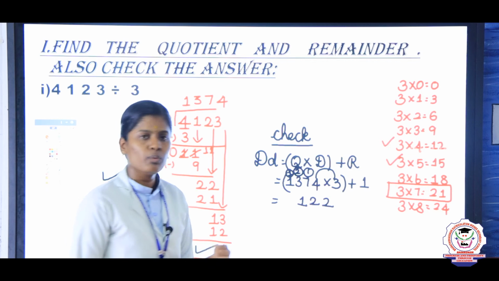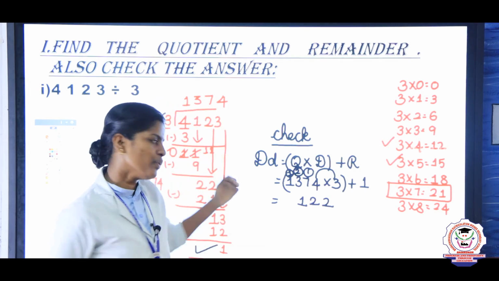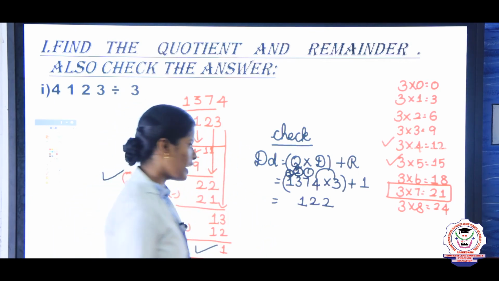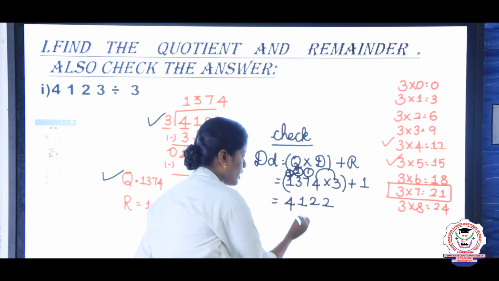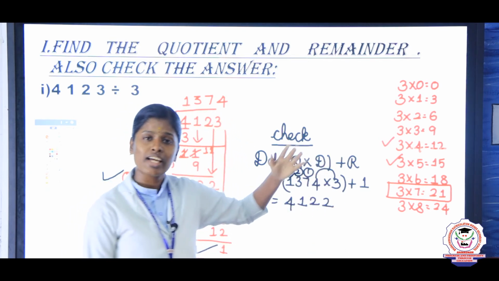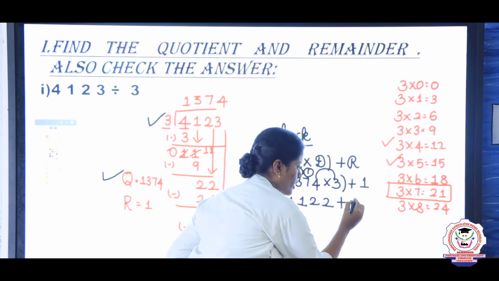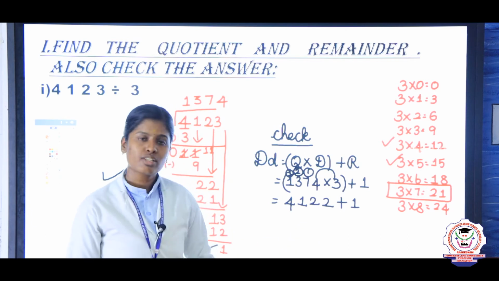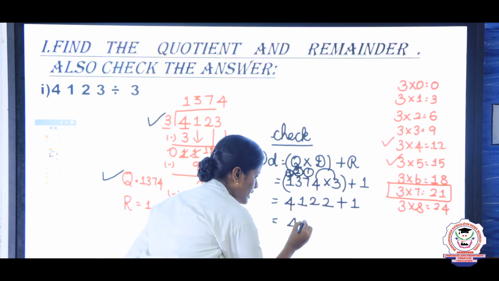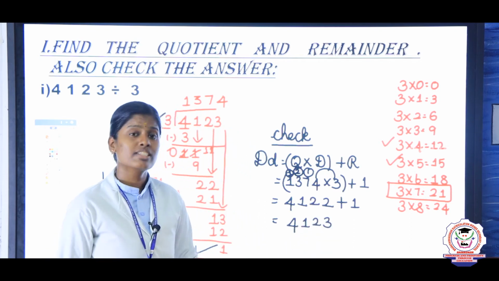Next you take 3 1s are. So what is the answer, Nasreen? 3 1s are? Very good dear. 3 1s are 3. So keep 3 in the mind, 1 in the finger. So 3 after 4. We got the answer 4122. What is the answer? 4122 plus 1. Now we are going to add this. So 22 plus 1, the answer is 23. The final answer is 4123.